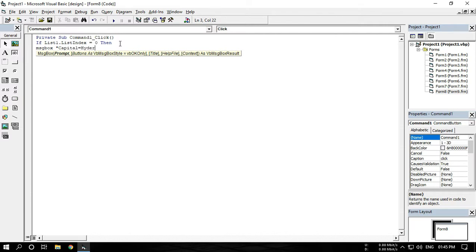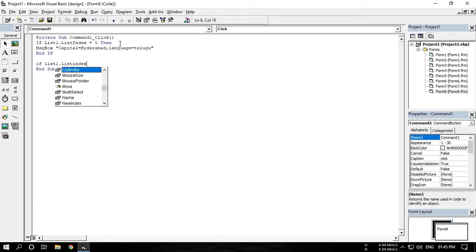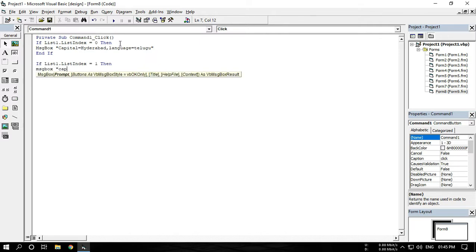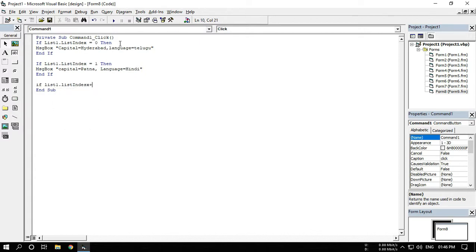capital. Okay, and if, inside that, if list1 dot list index is equal to 1, then after that, if list1 dot list index is equals to 2, then